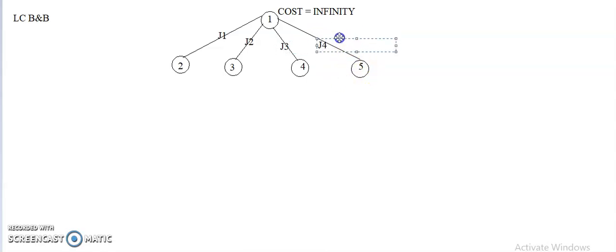Okay, so what's the difference? At each and every level, at each and every node exploration, we are supposed to find out what the cost is. Suppose the cost of this particular node at this location is 25, the cost of this node is 12, the cost of the node here is 15, and the cost of this node is equal to 30.